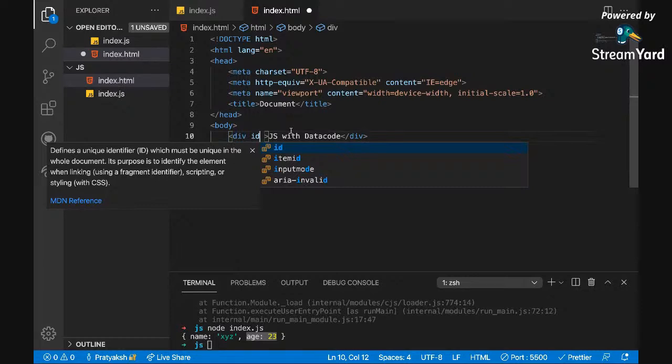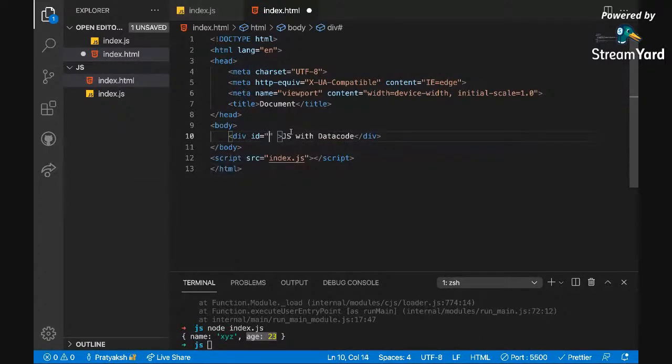So document contains all these objects. Objects can be your div, your paragraph tag, your span tag, anything. Now this ID can be anything unique.